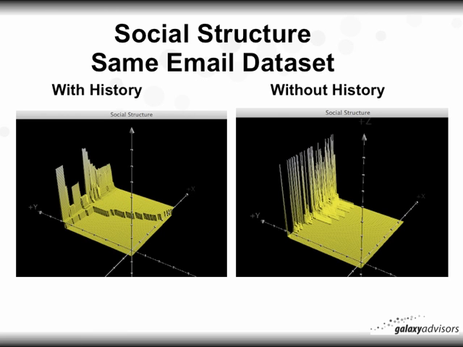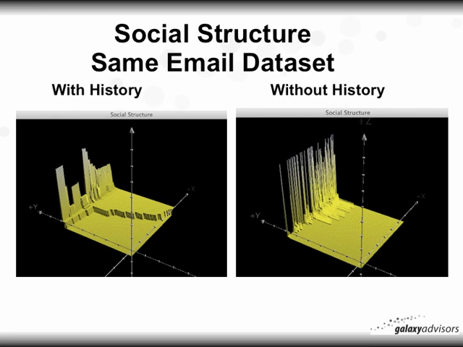So here's an example of social structure, same email data set with history and then without history. You can see on the left hand side with history you have, at the very peaks, a steady, ruler-like aspect. This represents where the